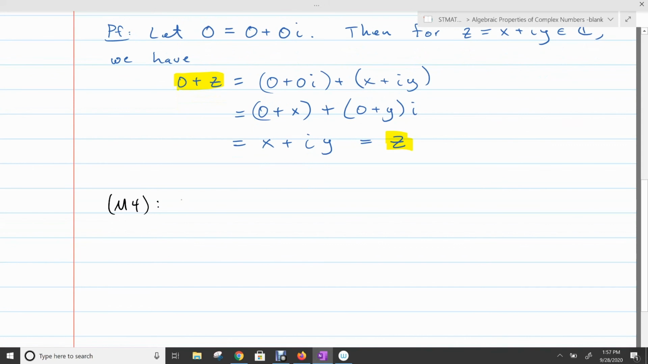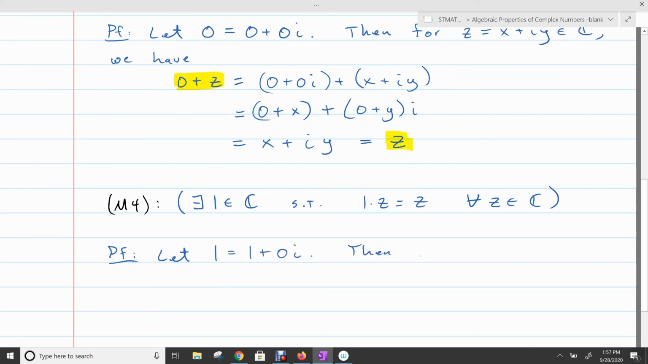So M4, we're trying to prove the existence of a multiplicative identity. So we want to show there exists some special element 1 in the complex numbers such that 1 times z is going to be equal to z for every z in the complex numbers. Our 1 is going to be 1 plus 0 times i, right? Then for arbitrary z,